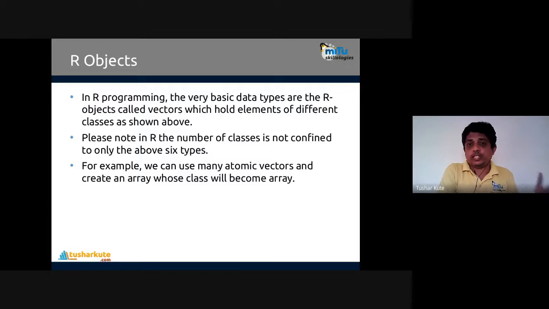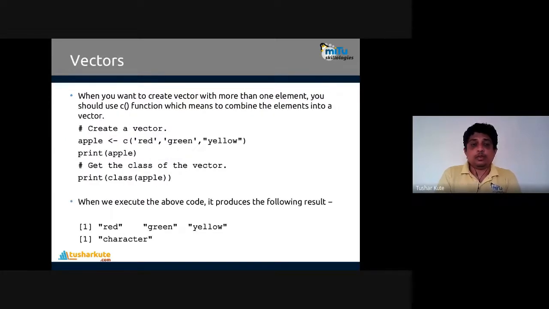Six different kinds of objects are there: the first is vector, second is list, third is matrix, then factors, data frames, and arrays. These six types of data are stored in collection format using R.